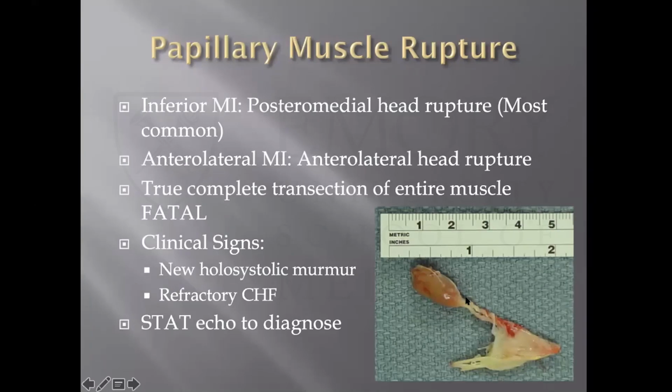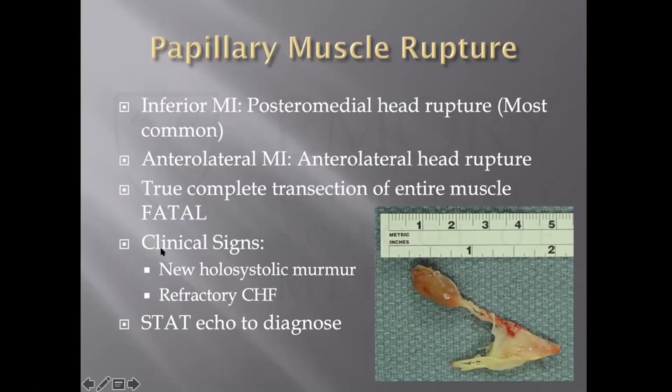What will happen more often is you may snap one of the cords. So you'll see a little floating pyramid flapping around the mitral inlet. But losing an entire papillary muscle is a big problem, so that typically is not what you're going to see. You'll see one of these snap off, and you end up with a significant prolapse of your leaflet.